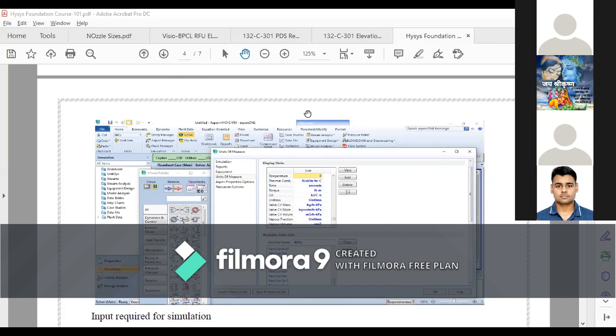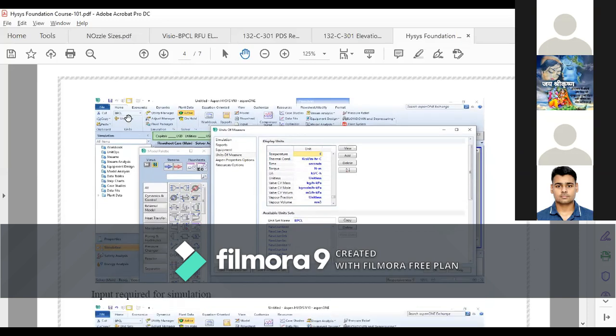So every time you enter a pressure value, you will have to change the unit at that particular location. To avoid that repetition, you just go through the unit set and change the entire unit, like flow. If you want kg per hour, make sure in this list your flow is in kg per hour. Your temperature is in degree centigrade.